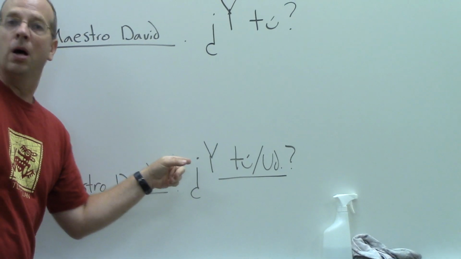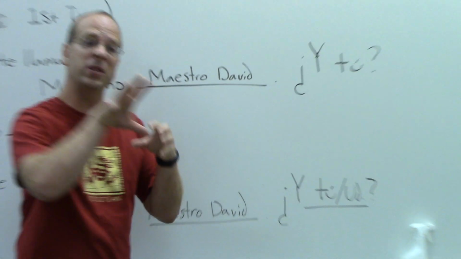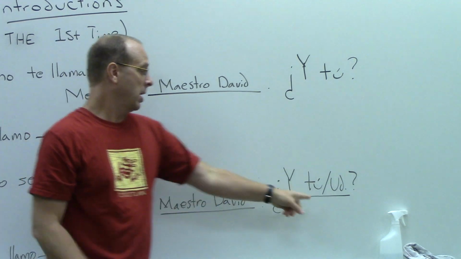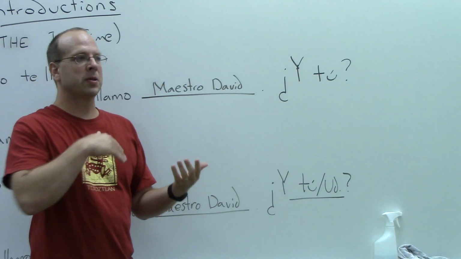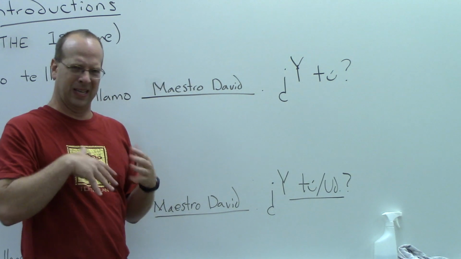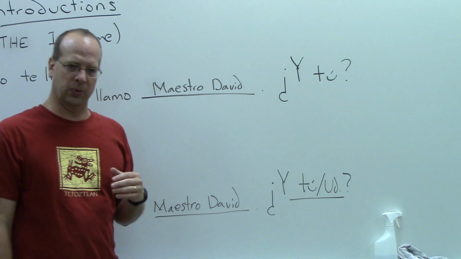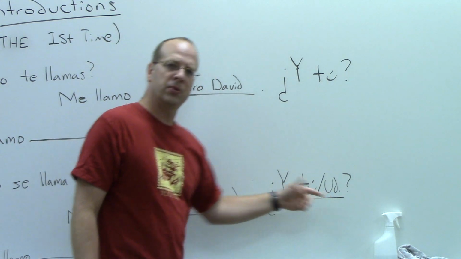¿Y tú? Wait, I've gone informal. Or I can stay formal. If I'm with a student who's just asked me my name, I'm going to say, ¿Y tú? But if I'm not, if I'm with a new colleague, somebody who's wearing a tie or something that looks like somewhat formal situation, an assistant principal or a principal, I'm going to use usted.